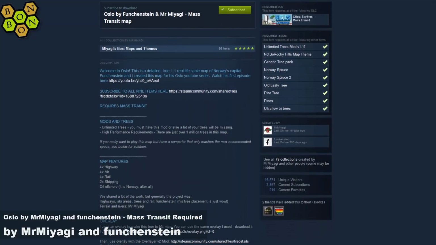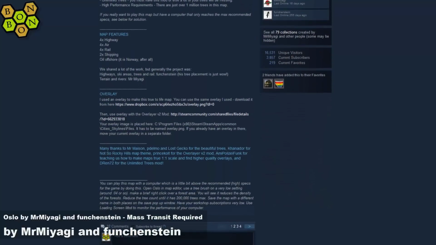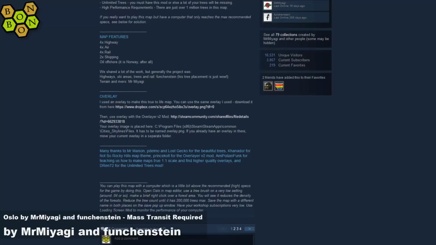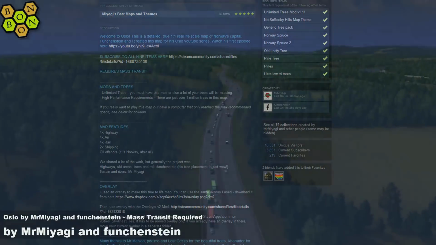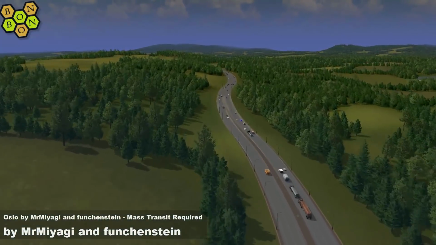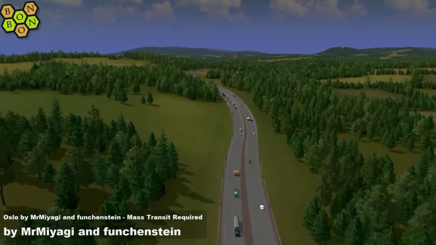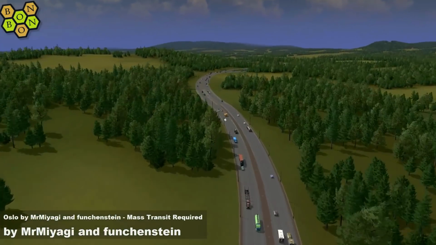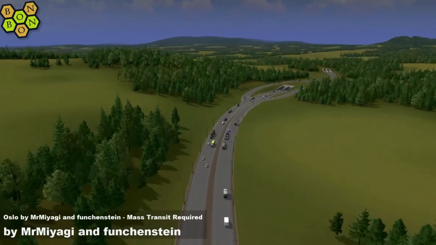Unlimited trees, because there's 1 million plus of them. The not so rocky map hills theme, and then a few trees and bits. There is no prescribed LUT, so we'll be using the realistic 1.2. So anyway, that's MrMiyagi. Funchenstein, what do we know about Funchenstein is, well, if you're watching City Edition, the new city being reviewed there, Coruña and Nova, that's Funchenstein. So yeah, and also is a native to the area that we're looking at here, which is Oslo, within the